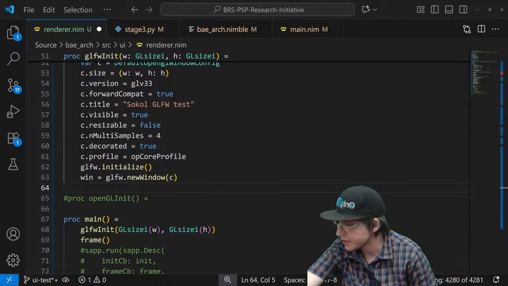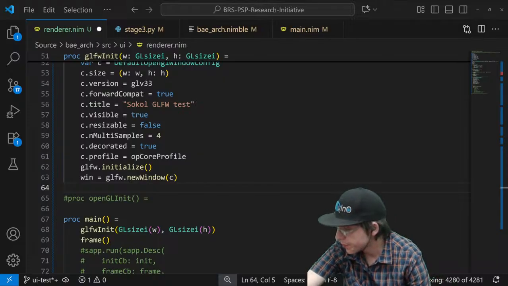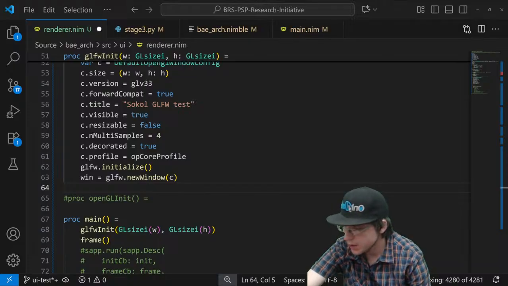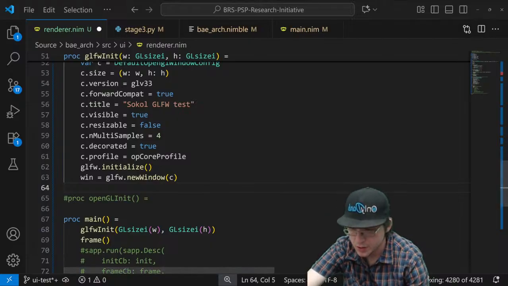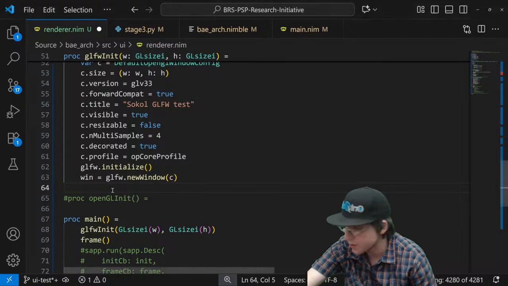Hold on, I wonder if I could do foods article with it. I don't know. Seal context. Let's see. Alright, so before I do anything, I need to set swap interval.